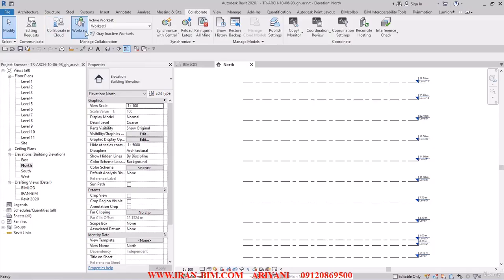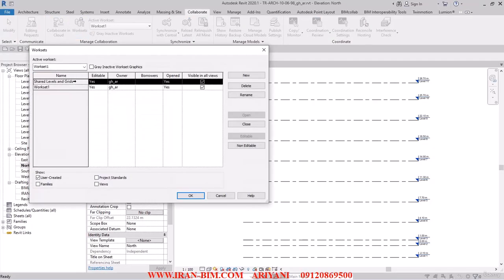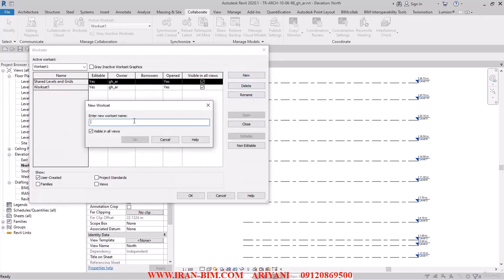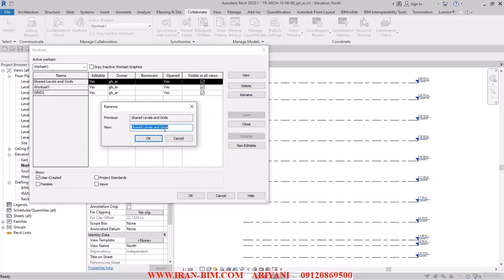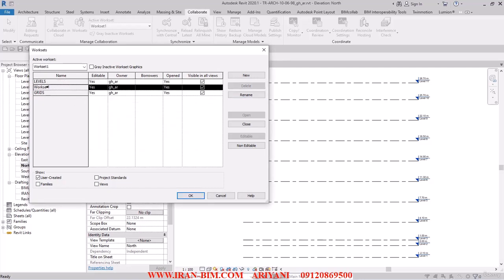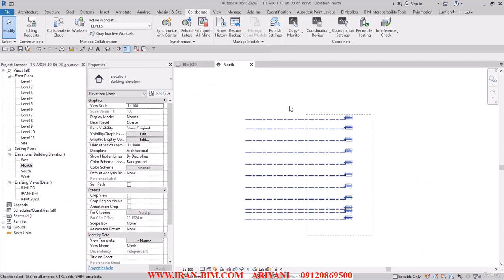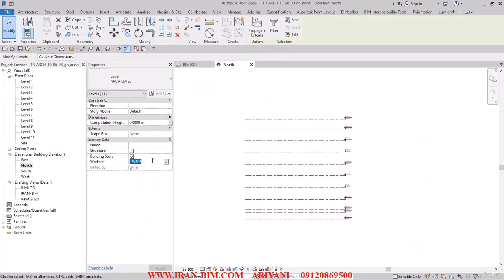Here in the work set section, I click new and create a new work set, and then I name it grids. And after I've done that, I go here and I rename this file and I name it levels. And this one is already set as level, and I'm just going to keep that. So all of these are in the work set named levels, and they're being edited by